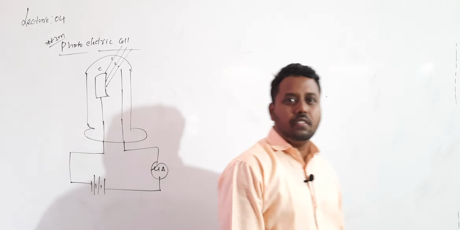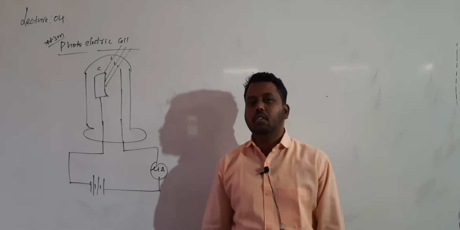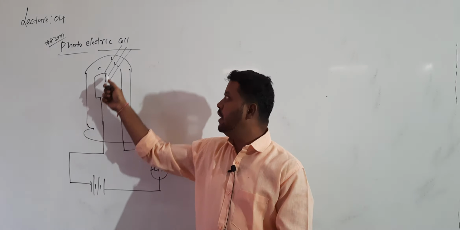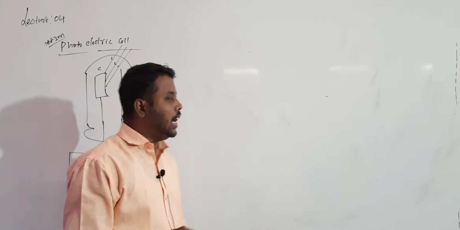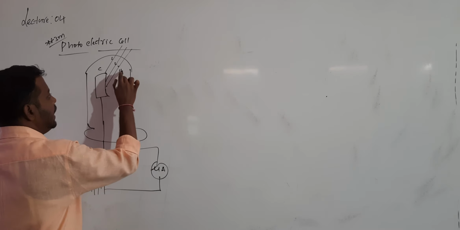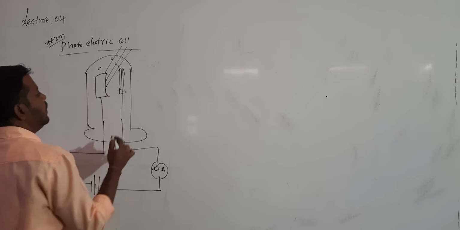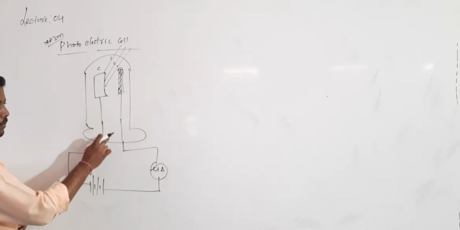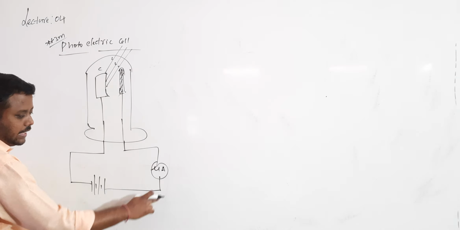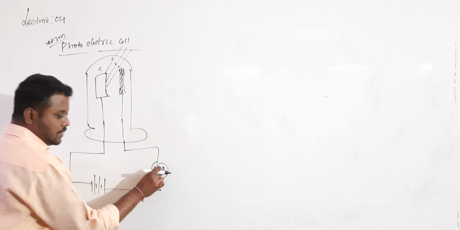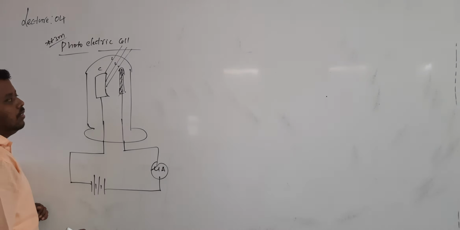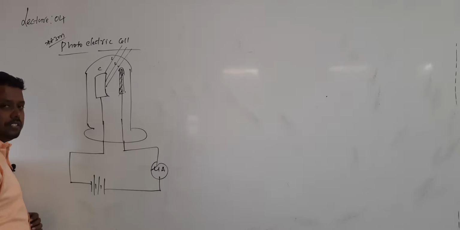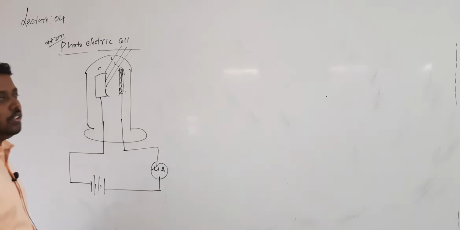So this is the construction of the photoelectric cell, which is also called a photocell. It consists of a semi-cylindrical cathode and a rod-like anode. The anode is in the form of one rod. The cathode is connected to the battery's negative end, the anode is connected to the battery's positive end with a microammeter. The purpose of the microammeter is to measure the current. One window is provided, through which the cathode can be exposed to radiation. So this is the construction of the photoelectric cell.